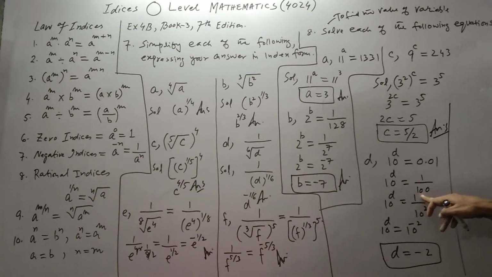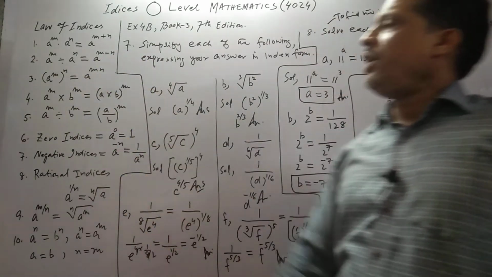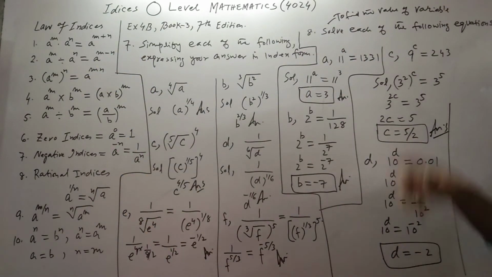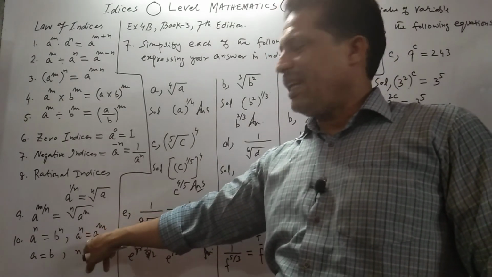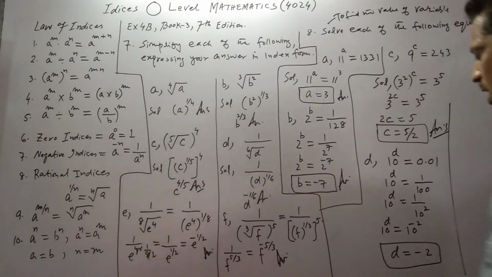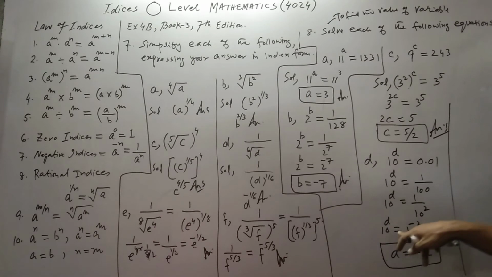So 10 to the power d is equal to 1 upon 100, which means 10 squared, because 10 tens are 100. And now apply the second law of indices. A to the power m divided by a to the power n is equal to a to the power m minus n. Move this denominator 10 to become a numerator. The sign will be changed to minus 2. So 10 to the power minus 2. And this 10 to the power d, 10 to the power minus 2, apply this law. If bases are the same and the middle sign is equal, then the powers should be equal. Here the bases are the same, which is 10, the middle sign is equal, then the powers should be equal. So d is equal to minus 2. So the value of d is minus 2, that is the answer.